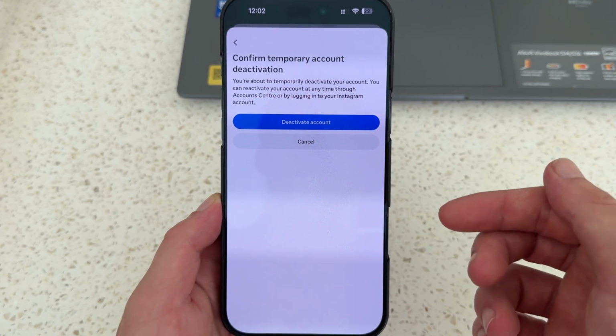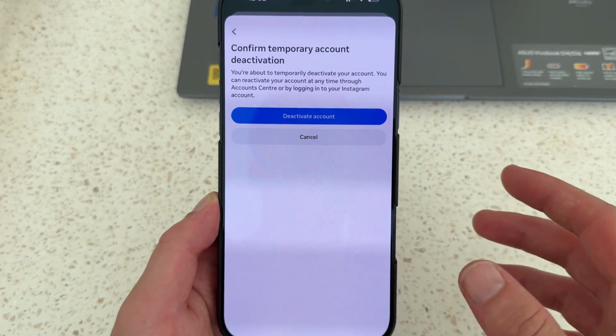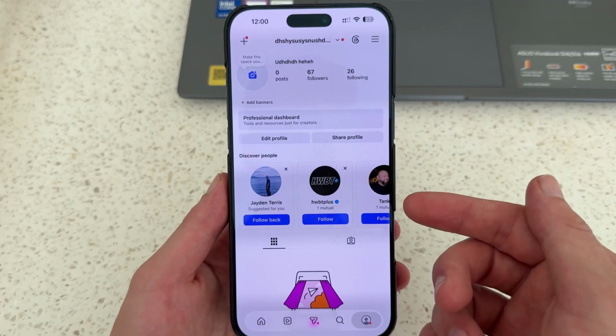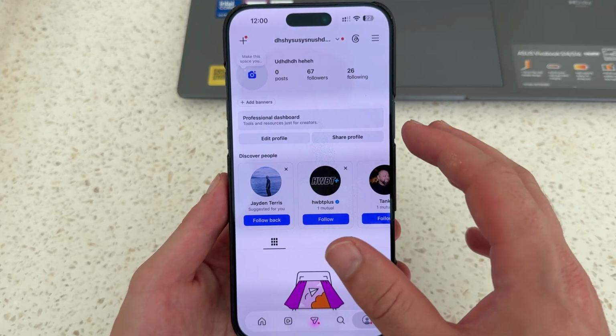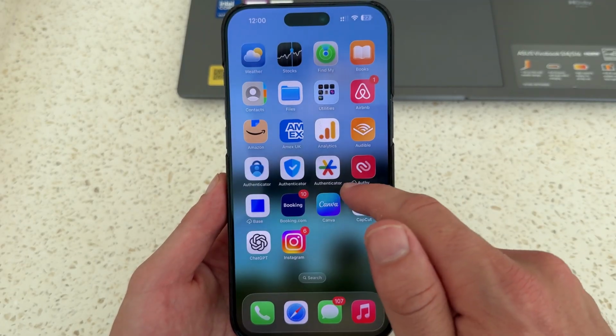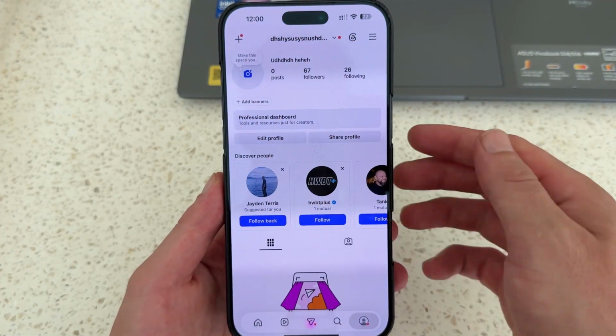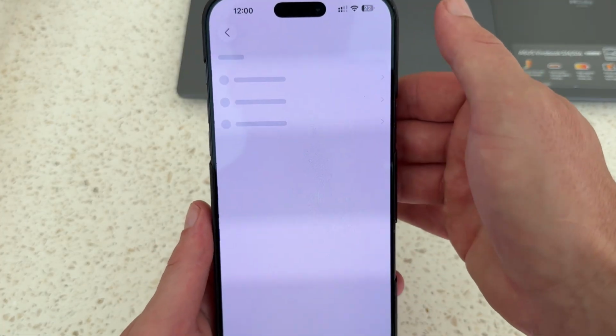How to disable your Instagram account temporarily. So if you want to deactivate your account without deleting it, then first go and load up the Instagram app. You could then head over to your profile page and click on the settings bar in the top right hand